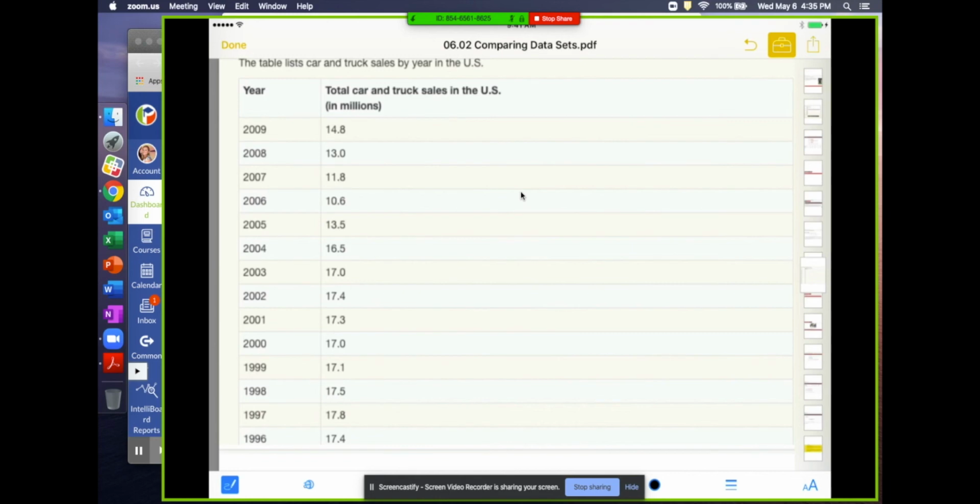Looking through all the numbers, it looks like 10.6 is my lowest, and then we go 11.8, and as I go, you'll see a strategy that I use. I'm just going to cross them out as I go, and then 13, and then 13.5, and then 14.8, all of those in the early 2000s, and then skip down to 16.5, and then 17. It looks like I have two of those in 2003 and 2000, so I'm going to write 17 twice. And then it looks like I have 17.1,